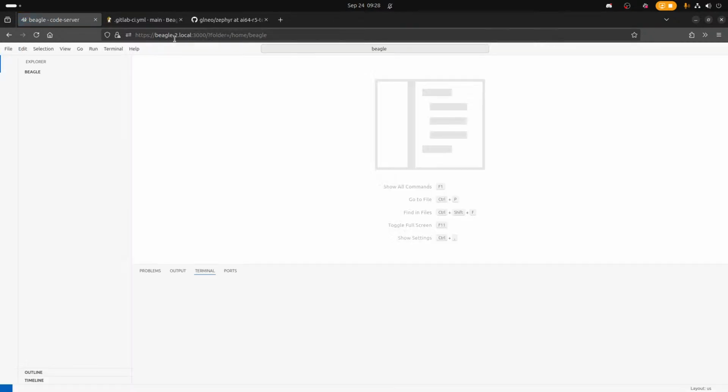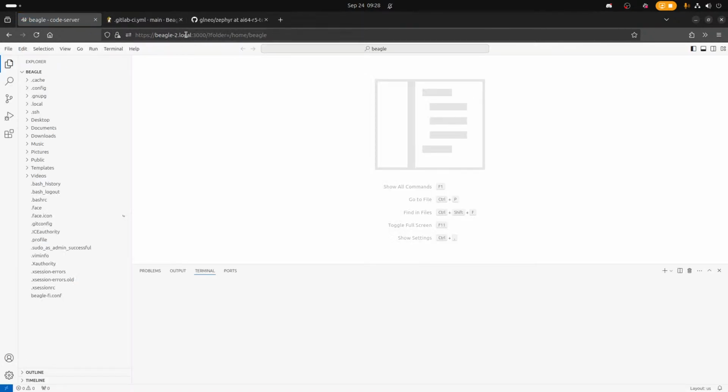For some reason, I don't know if the MAC address doesn't come back up the same, but it gets a new name whenever I reboot it. It gets a new Avahi name.